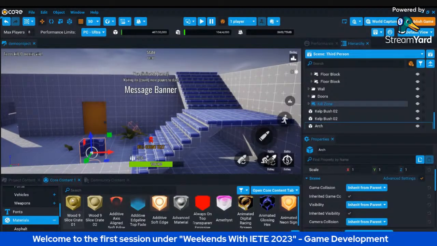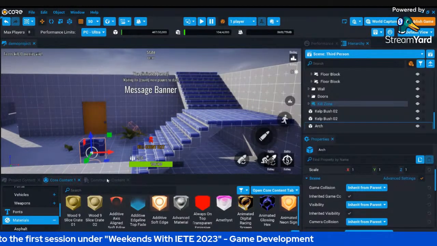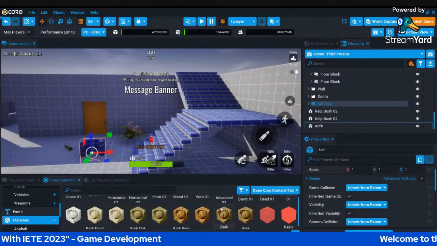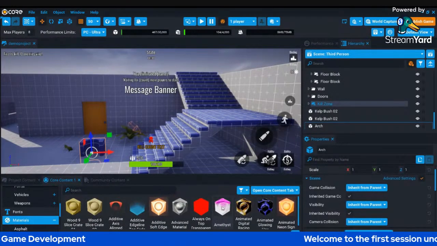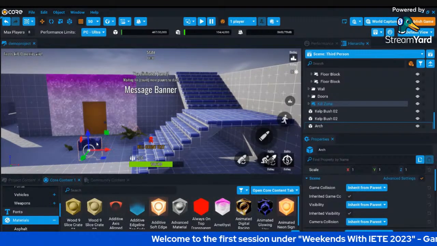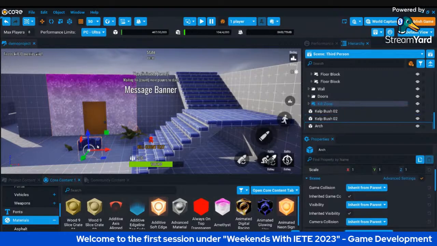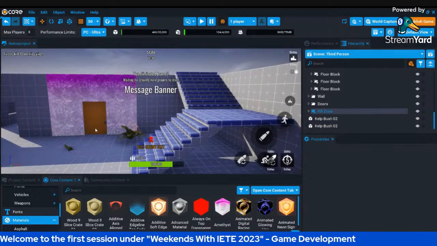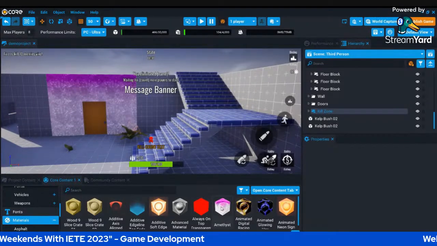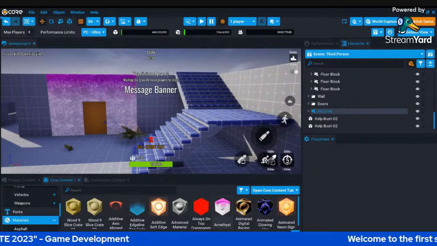Now I'm going to assign a material to this particular block. Now you have various options to give. So now can you see this entire portion has an amethyst material.